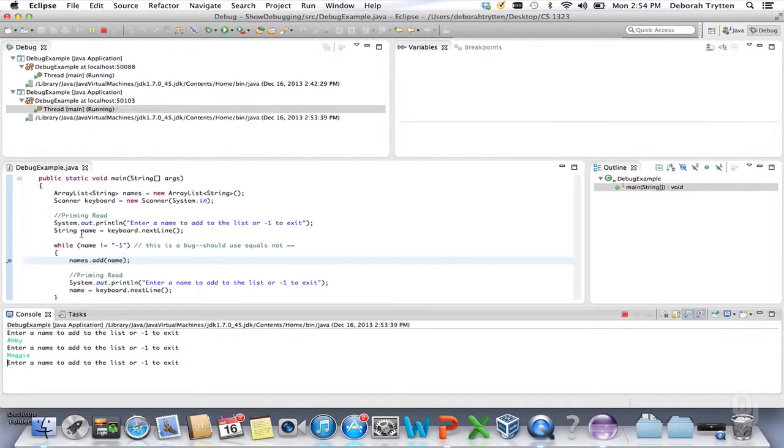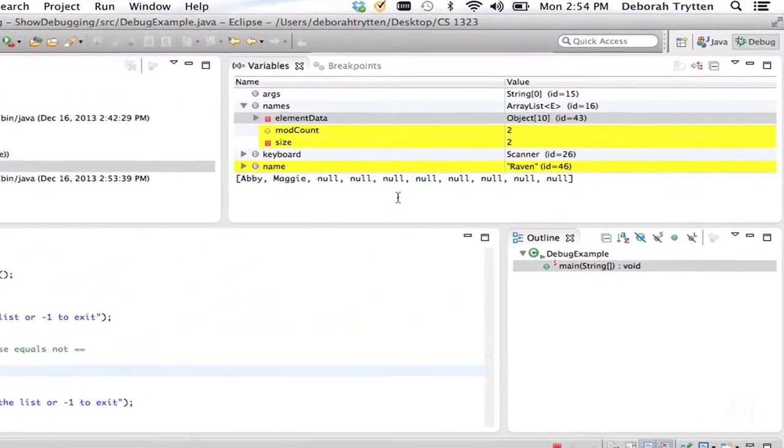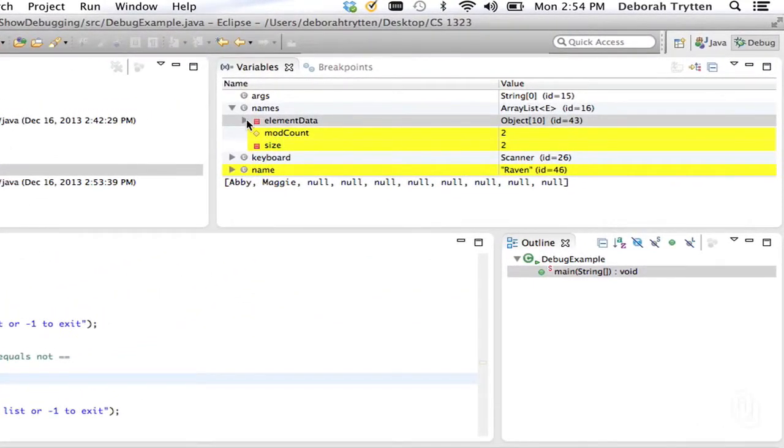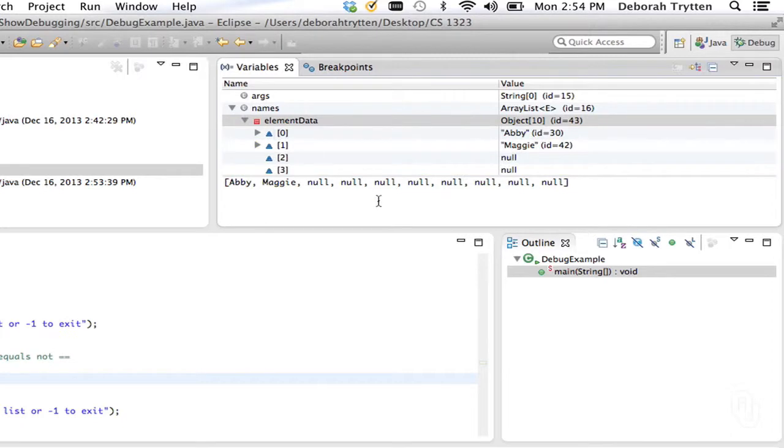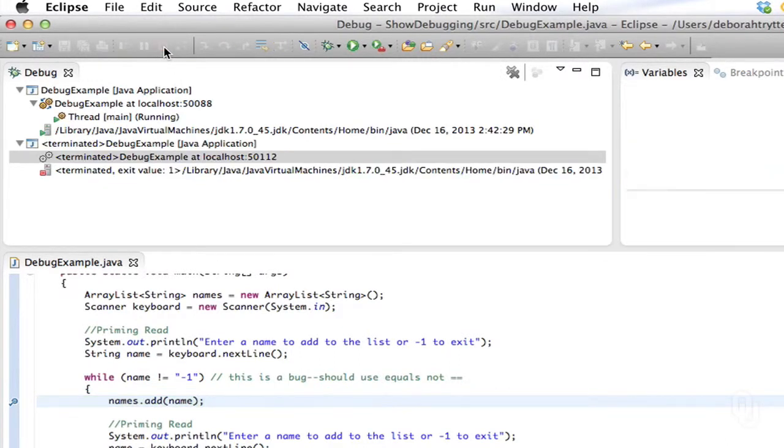When your program encounters a breakpoint, it will stop running and let you see all of the variables that are in scope. These are shown in the Variables tab, next to the Breakpoints tab. You can click and scroll around to see exactly what's stored in your variables at that point in time. When you're finished looking around, you can exit the program with the red button or let it finish by clicking the green arrow to the left of the red button.